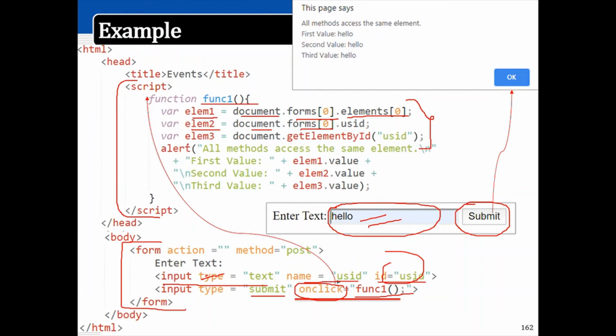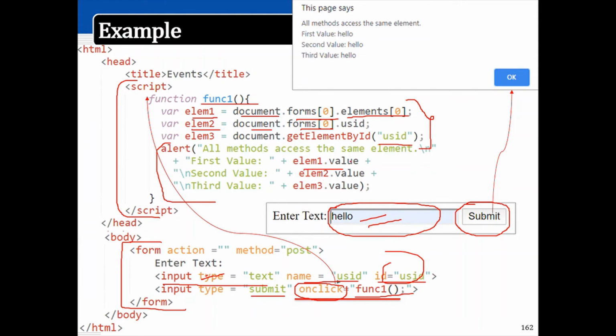In the third method I am accessing it directly using the getElementById method with USID as the ID. And after getting all these, I am displaying the value to show that all of them retrieve the same value.